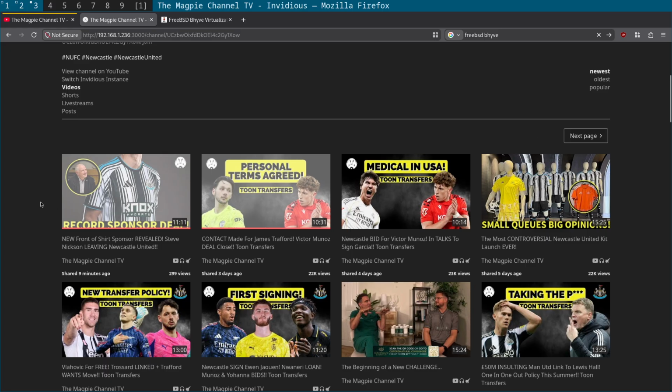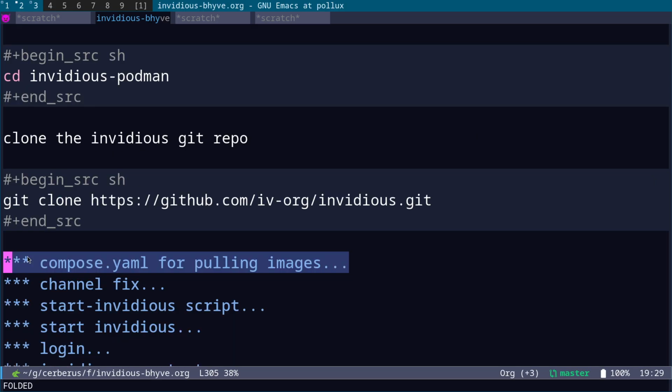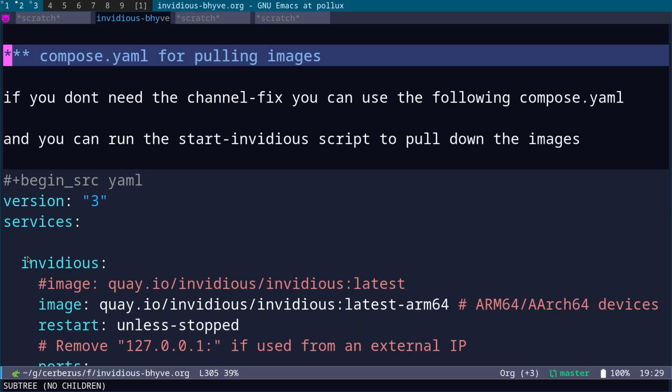the thumbnails. And with the current version of Invidious that you can pull from the Docker.io or Quay.io images, there is a bug where it will show you something like "unable to retrieve image" on all of these, so it won't actually show you the images. So normally, if the fix has been applied to the image in the future, what you would do is you would use